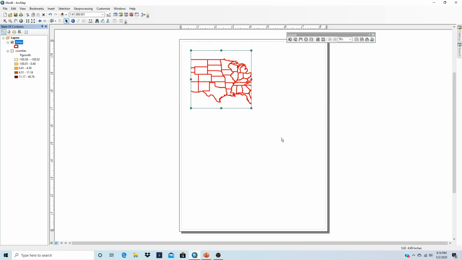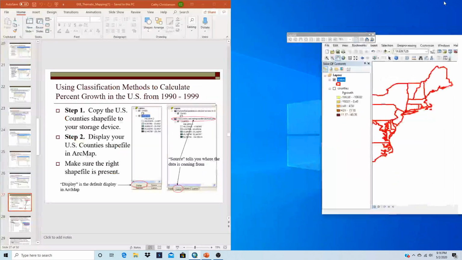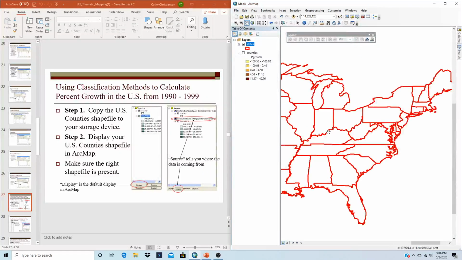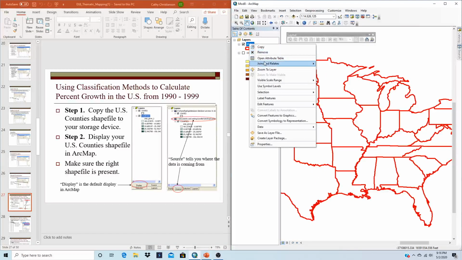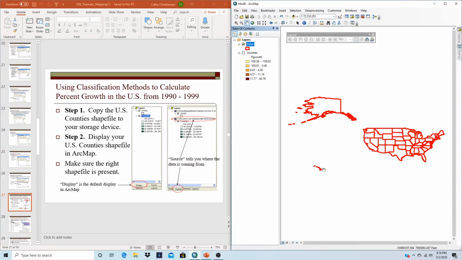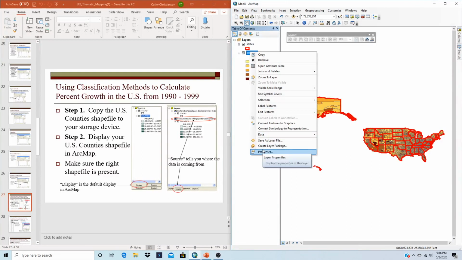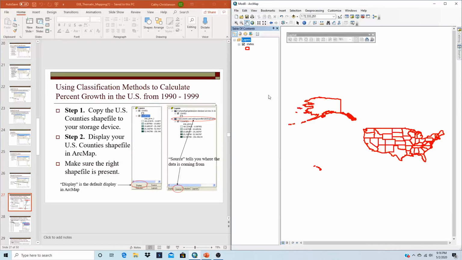So I'm going to go back to here. And I'm going ahead and putting it off to the side. And now if you noticed, if I would have said zoom extents, zoom to layer, it's got Hawaii and all down there. We can put the counties on there. I'm just going to remove that one, but you're not going to see it. I'm just going to remove it all together, because once we start plotting the other data, it's going to make a difference. Alright, so we've got that in there, and I've got the states in there,